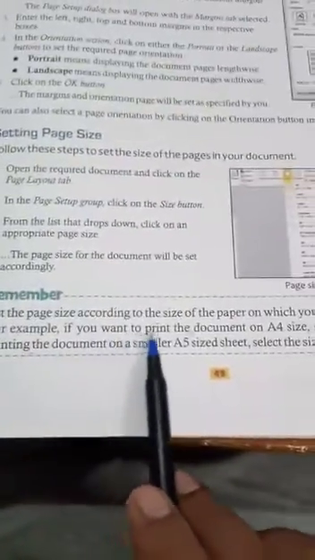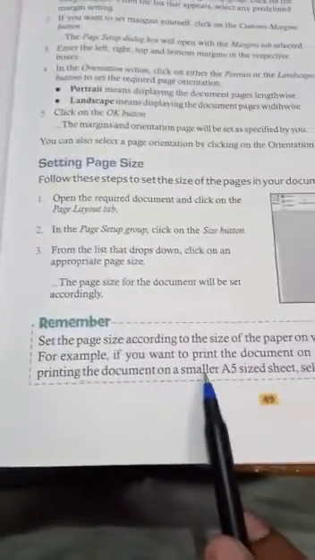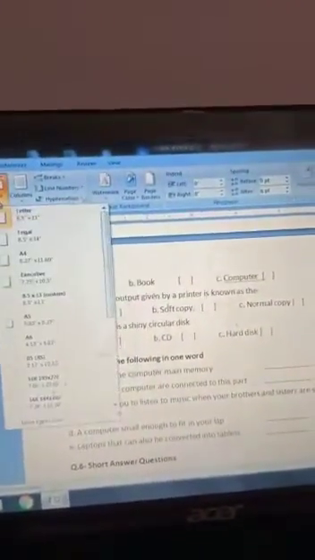For example, if you want to print the document on A4 size, select the size as A4. For example, for printing the document on a smaller A5 size sheet, select the size as A5. Whichever size you want, you can easily select it. Click on Page Layout and there is Size. Click on that and there is Letter,